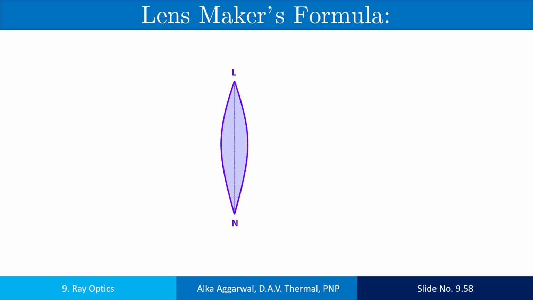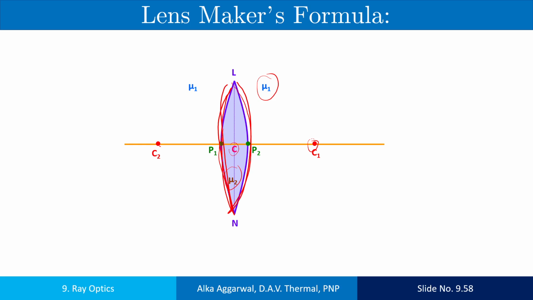Say it is a lens made up of two surfaces, LP1N and LP2N. Mu1 is the refractive index of the surrounding medium and mu2 is the refractive index of the lens material. C is the optical center of the lens. C1 is the center of curvature of the surface LP1N and C2 is the center of curvature of the surface